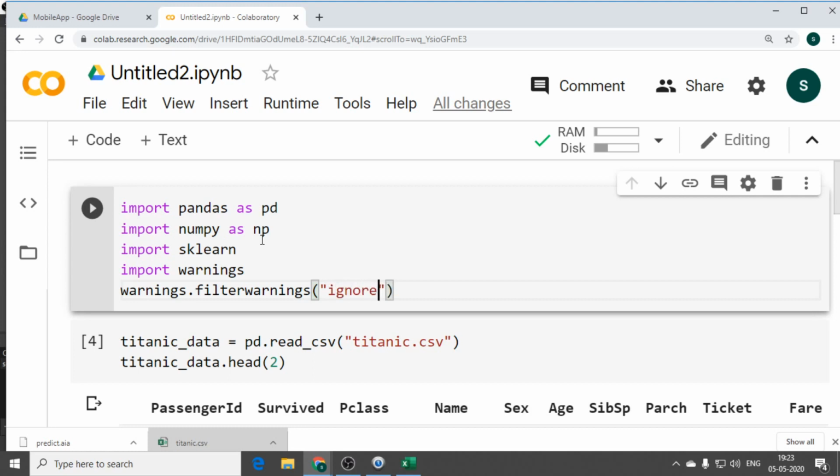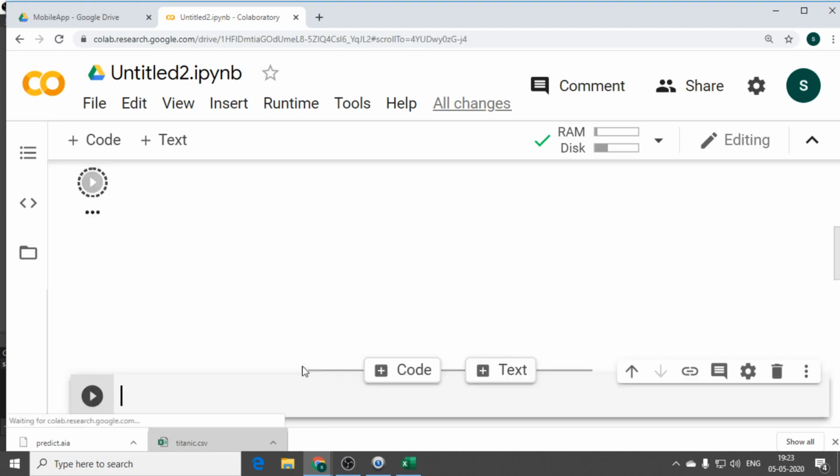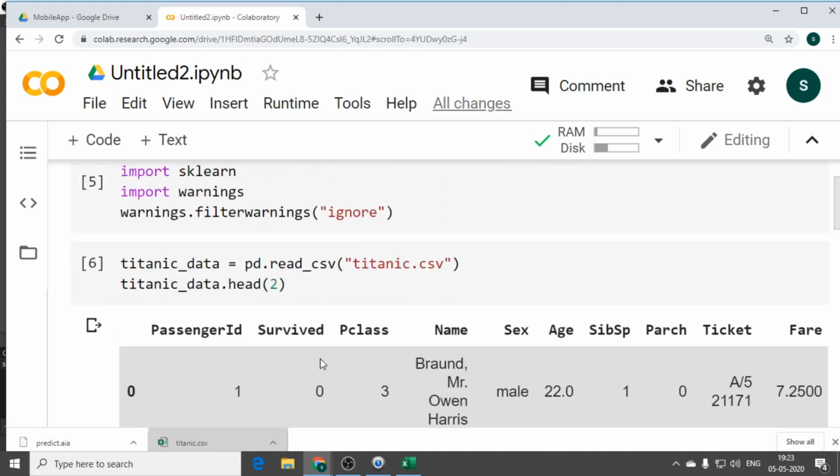You can do the same thing in Jupyter, because everyone cannot have the Anaconda software and the Jupyter file. So I'm directly giving you this Google Colaboratory so that anyone can do it. So it will ignore the warnings and it will read the first 2 lines of the data.